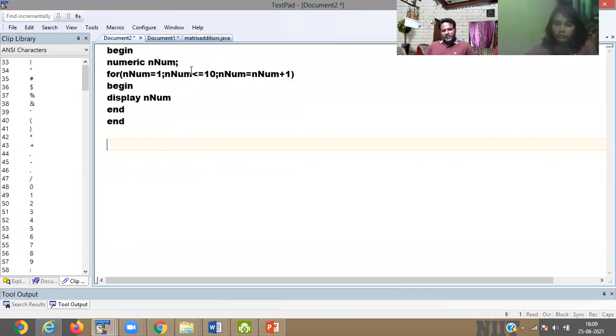First initialization, then checking the condition. If your condition is true, then it comes to the body part and displays 1.